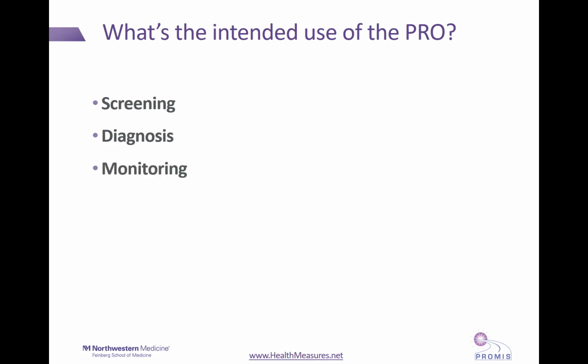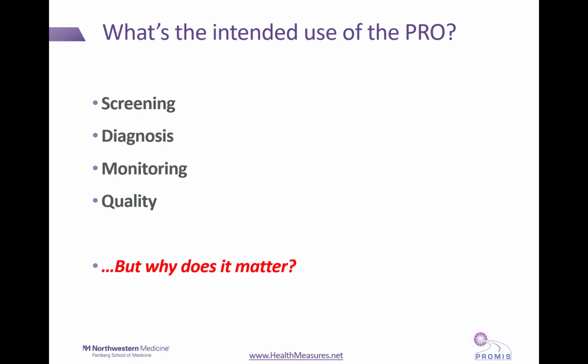In other applications, you'll want to monitor a person's health over time. Such applications require more precision than screening measures and will allow a clinician to evaluate how a patient's health is changing based on the nature of the disease or treatment. For still other purposes, a team may want to use a patient-reported outcome to measure quality. PROs can be used as an indicator of quality of healthcare. Measures of the performance of healthcare providers or healthcare delivery organizations can be developed and have special needs that need